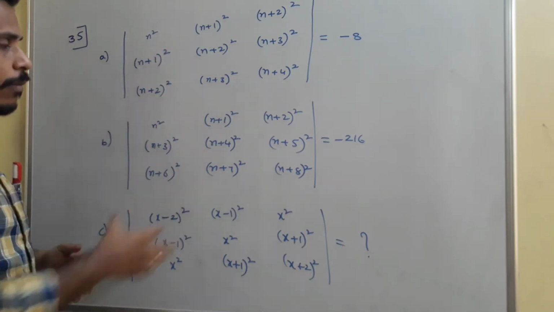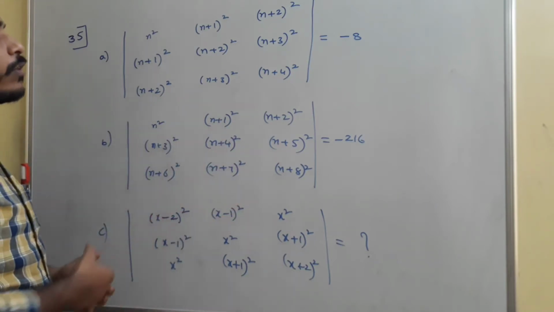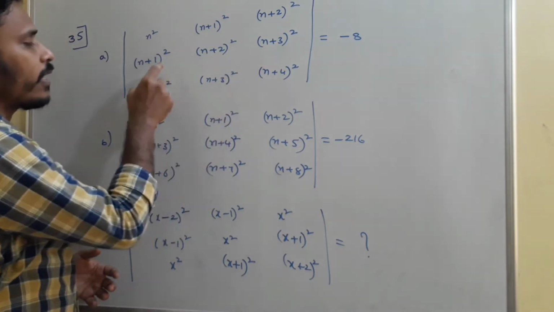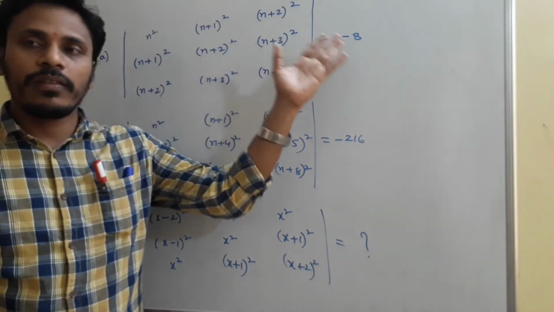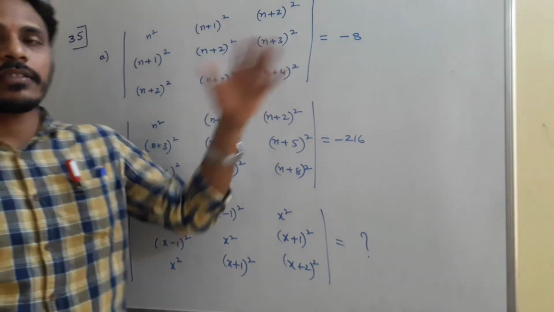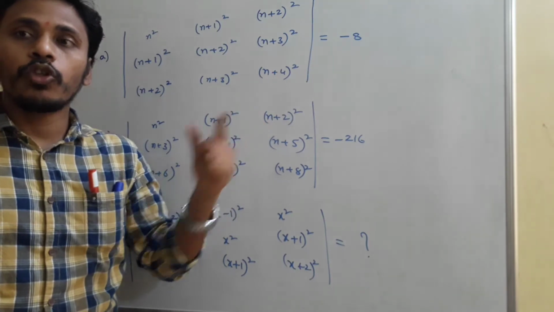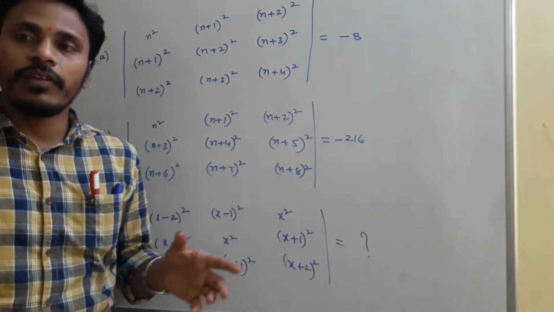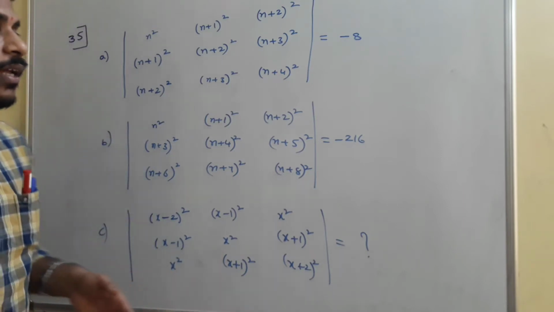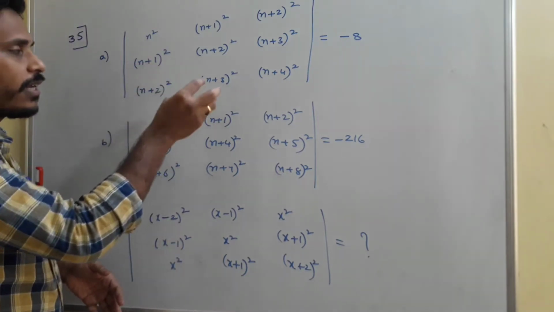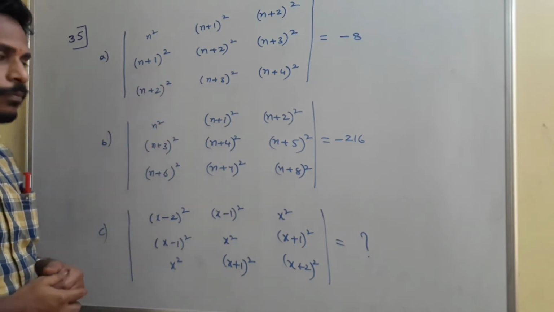I have some determinants and we need to find their values numerically. The value of this determinant is independent of n. Whether they ask us to show it as -8 or to find the value, if you observe the options, every option is just a numerical value, which in turn represents that the determinant value is independent of n. So these three are such problems.